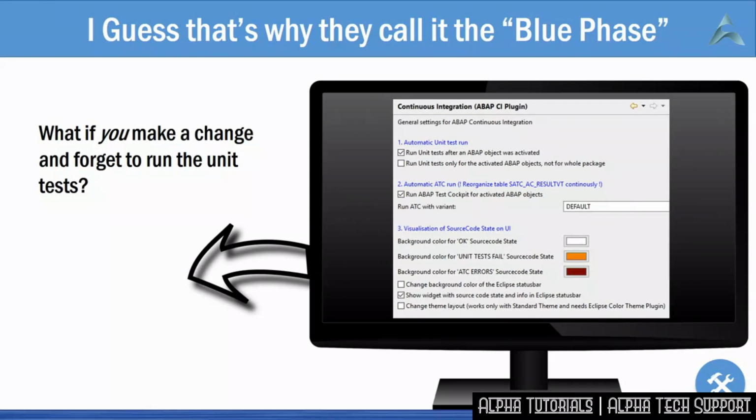And usually you activate the code after every change. That will tell you straight away if the ABAP test cockpit results fail. You'll get a little box that pops up where you can see what's wrong. If the unit tests fail, you'll get a different colored box.